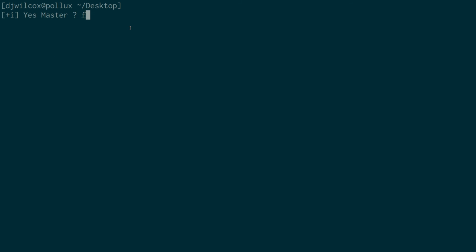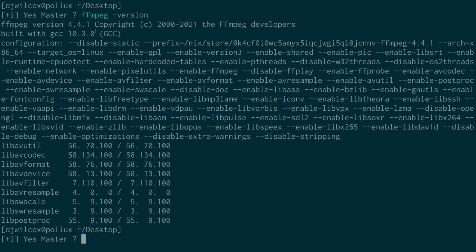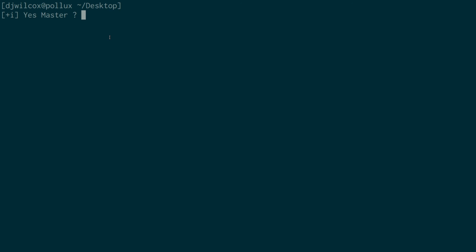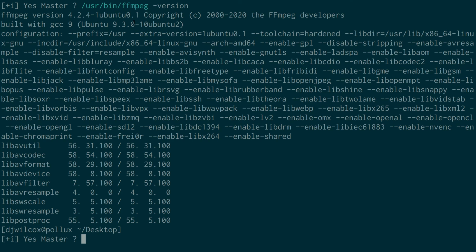So if I run ffmpeg -version, it's 4.4.1. If I run usr bin ffmpeg version, you'll see it's